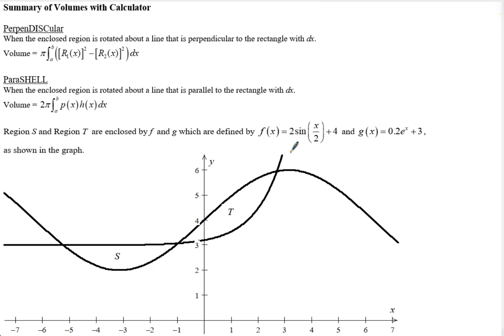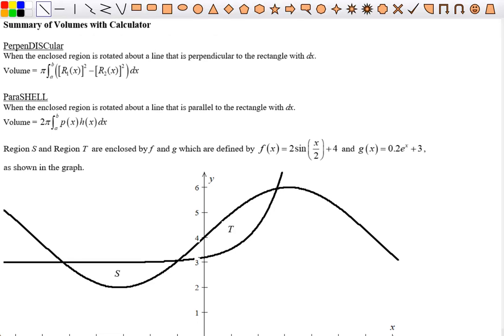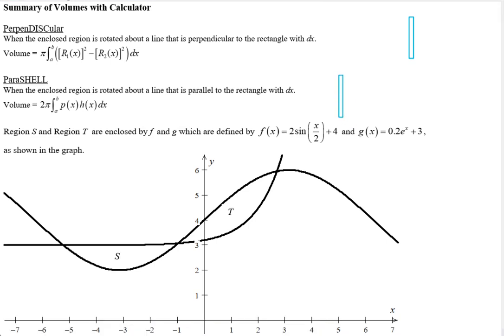So the first two look very similar because both the disk method and the shell method are rotated or revolved around an axis of revolution. And both of them use a vertical rectangle with dx. Let's draw that here so you can see the difference. And then one of my former students came up with a little mnemonic device to make it easier to tell